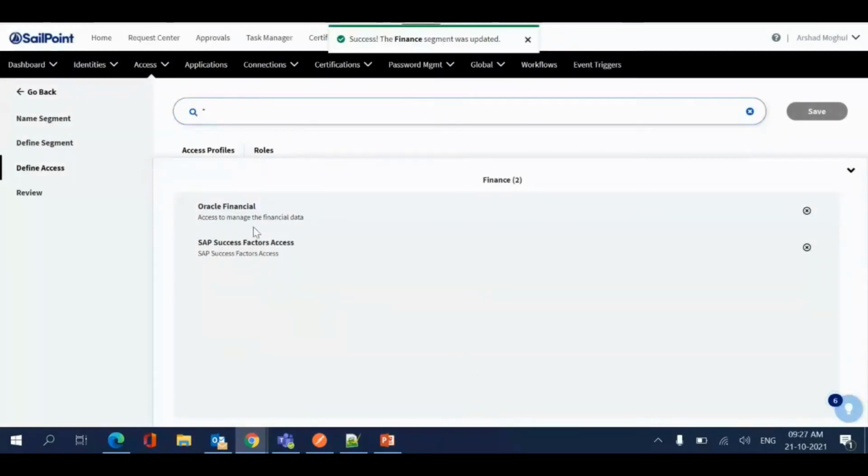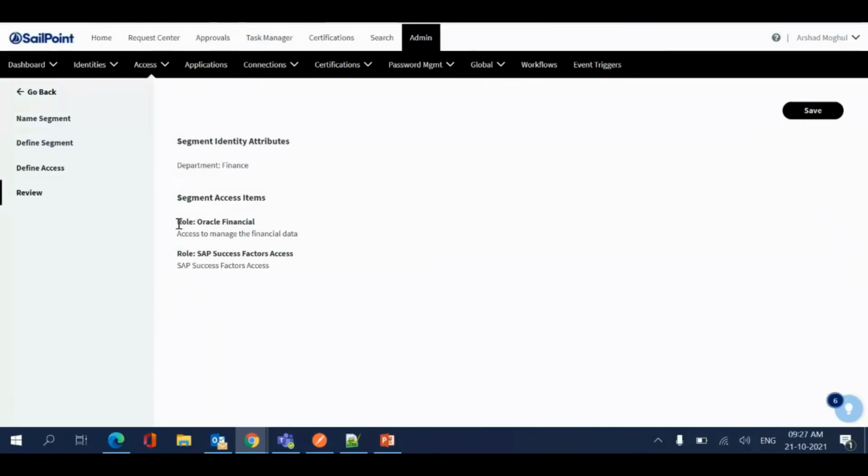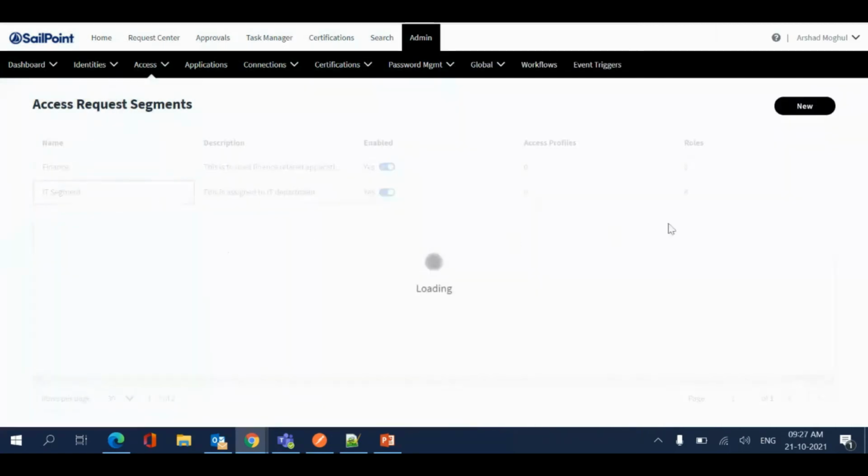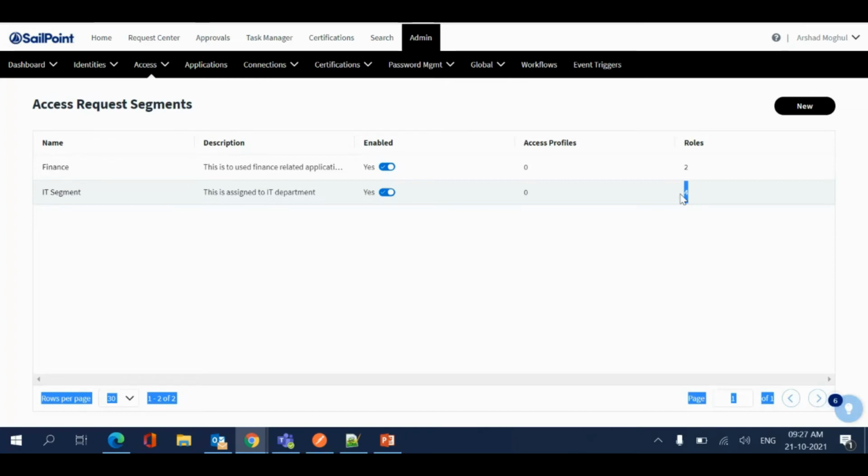So from the drop down, from the bottom ribbon, I can see that these 2 roles are now selected. I will go to the review page and see these items are selected, and I'll click on save. Right now we have 2 segments in place. So out of 6 roles from the tenant, 4 are part of IT segment, 2 are part of finance segment. Right now, if I enable this segment, what should ideally happen? What will happen is the earlier user Bruce Wayne, who is part of IT department and satisfies the IT segment, will only be able to see 4 roles which are there in his segment. The other 2, he will not be able to see the finance related access because those 2 are already part of some other segment,